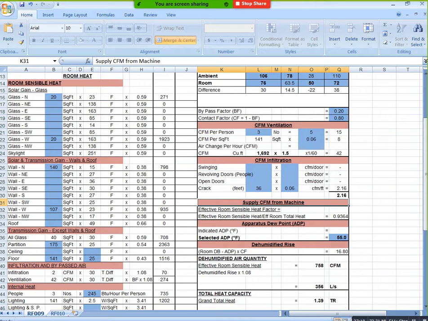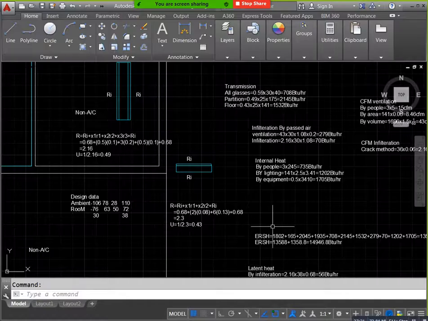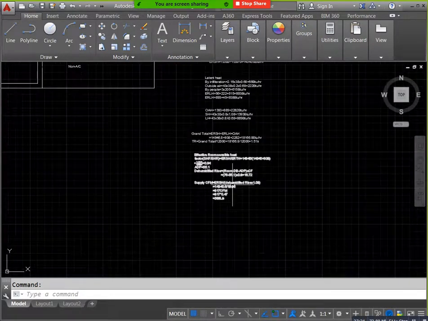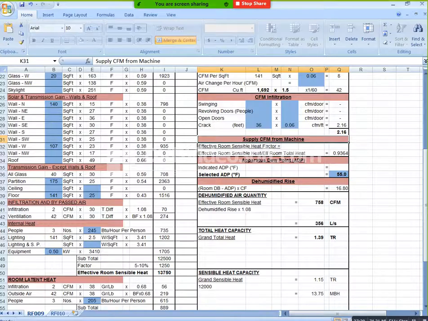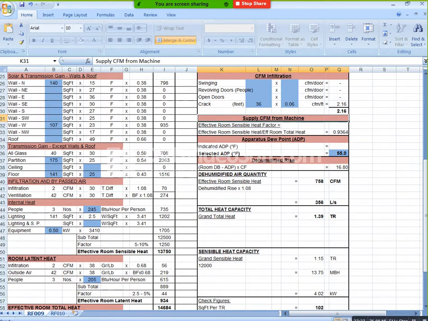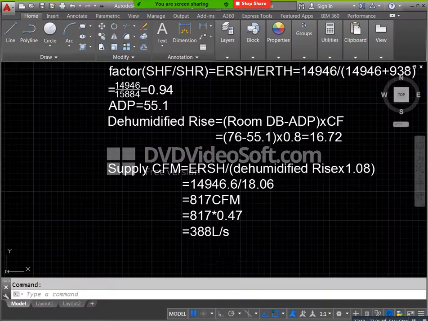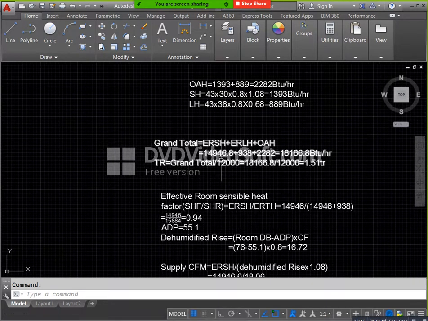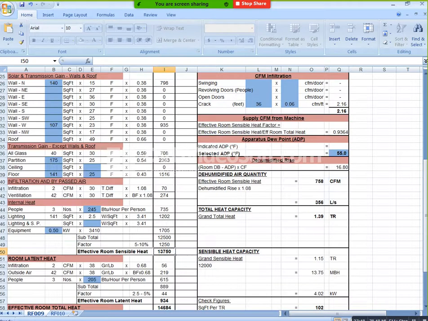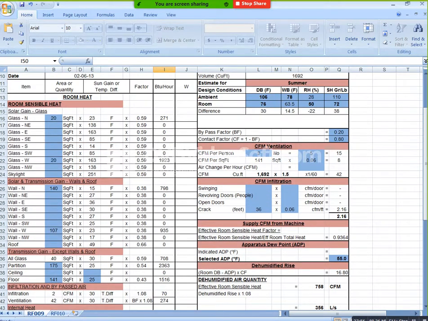Here we need to mention our temperature differences. You can just see this one, how much value do we have? Wall, first the wall coefficient. The wall coefficient U value, how much did you get? U 0.39. At the same time the window coefficient, how much? 0.59, you can see that too. The window is okay, and for the wall here you can mention 0.39. Next here also you can mention 0.39. Same, you can see your partition also. Whatever partition value you have, that much you can mention.